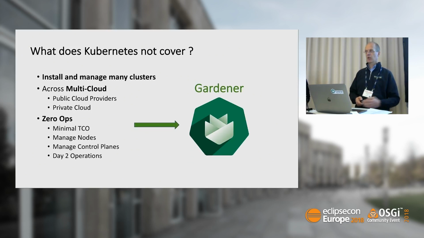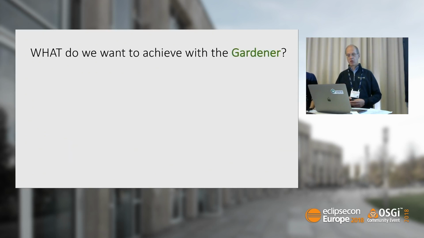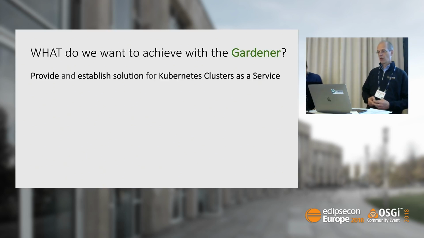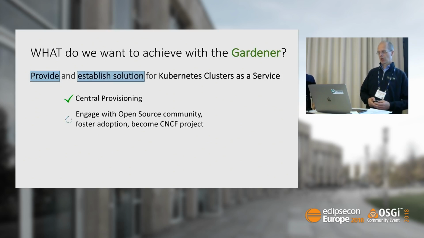And for that, we started the Project Gardener, I think 1.5 years back. This is open source, you can find it on GitHub. And what do we want to achieve with the Gardener? So we want to provide and establish a solution for running Kubernetes clusters as a service. So the first one is we want central provisioning, so we want to have one place where we can manage all the clusters from. We want to establish a solution not just in SAP but in the community,